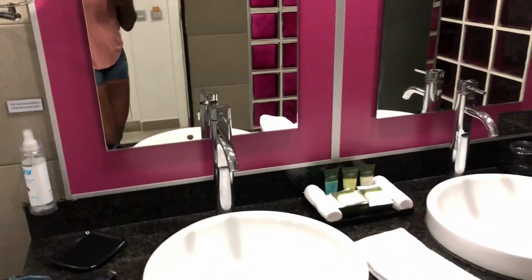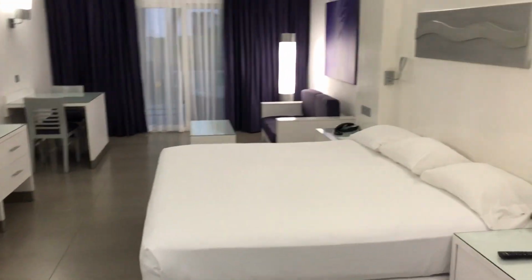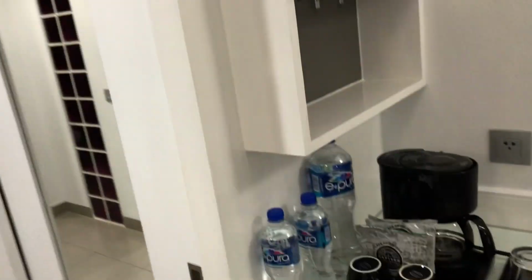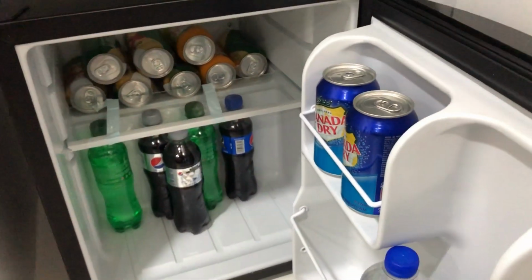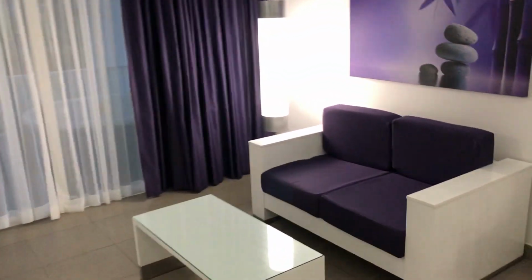So first, here's the bathroom area. His and her sinks, waterfall shower. I have a jacuzzi in the room, king size bed. Again, this is an all-inclusive resort, so there would be alcohol in there, but thanks to the pandemic, no. But I did get plenty of water, and the mini fridge has soda and water and beer. Oh, the toilet is back there, by the way, but you guys don't want to see that. So flat screen TV, table with a seating area, and let's go to,